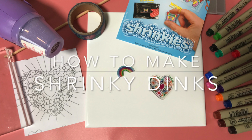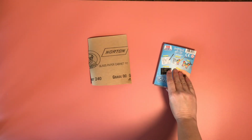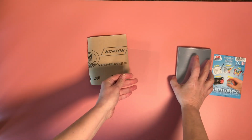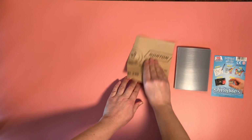Here we're going to show you two methods for how to make shrinky dinks. We've got tutorials for doing the beginner project and an advanced project once you're feeling more confident with your shrinky dink making. We're going to be using these clear plastic shrinkies sheet,